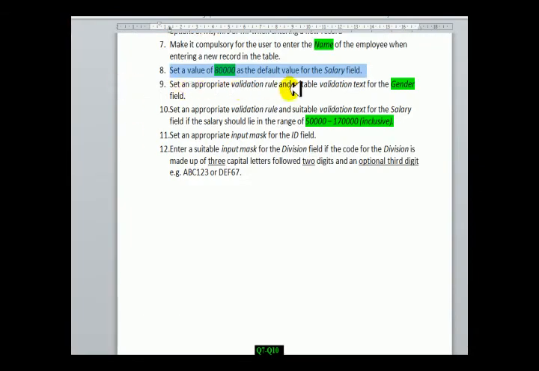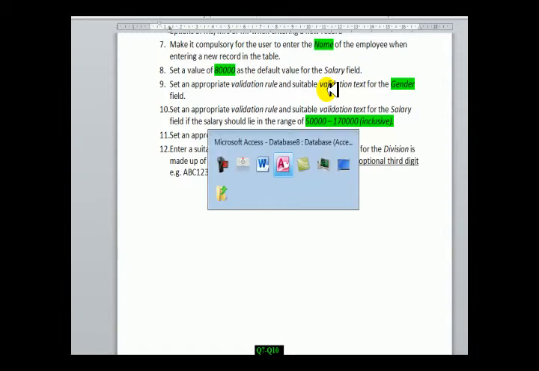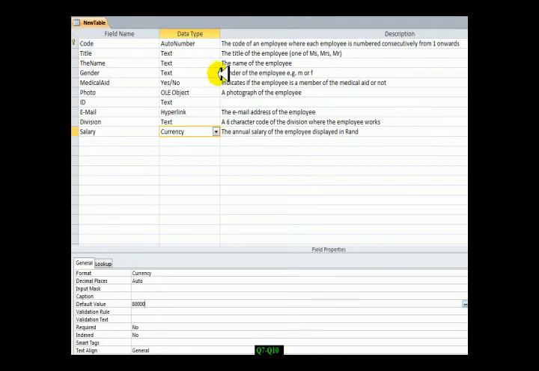Right, set a validation rule and appropriate validation text for the gender field. Okay, first of all, let's not worry about the validation text. That's easy. Validation rule is simply a rule that Access can see that you will set, which tells it which values are allowed. And I stress that again to tell you which values are allowed. So let's go back here. We know for the gender field, the values that will be allowed are M or F. So our validation rule, very similar to a query, M or F,